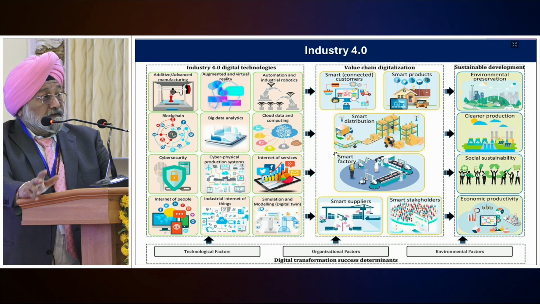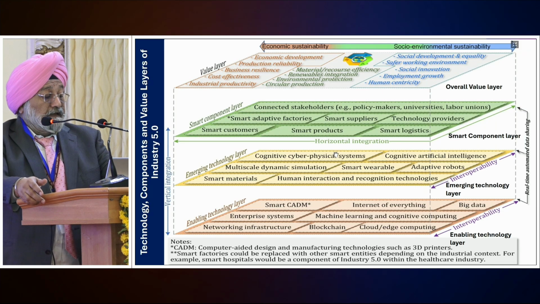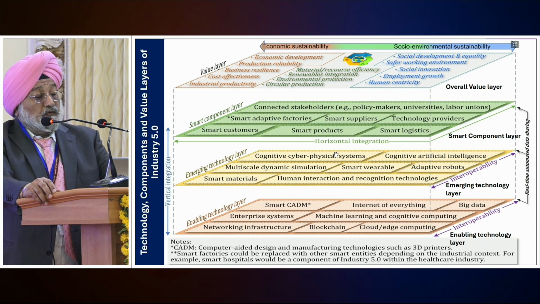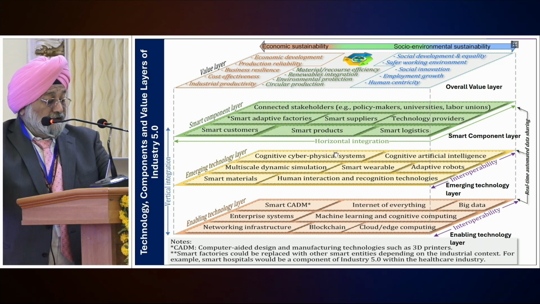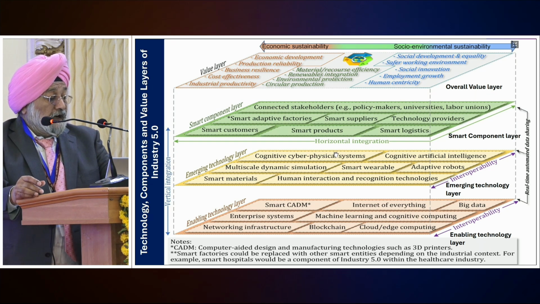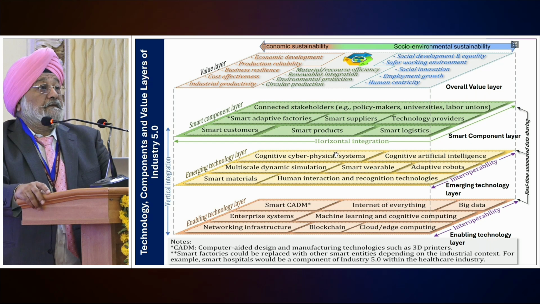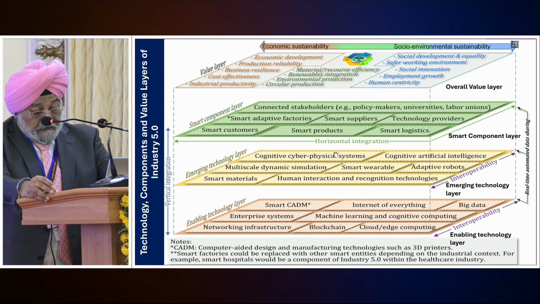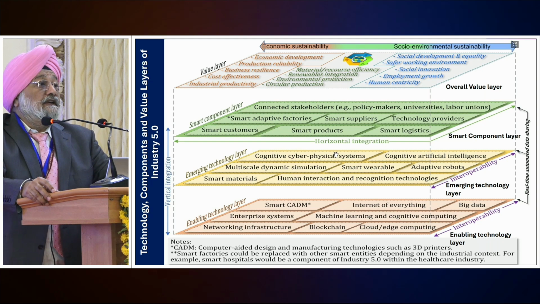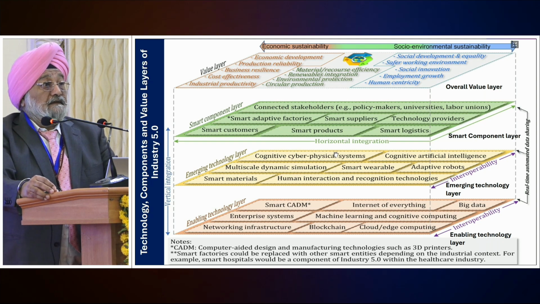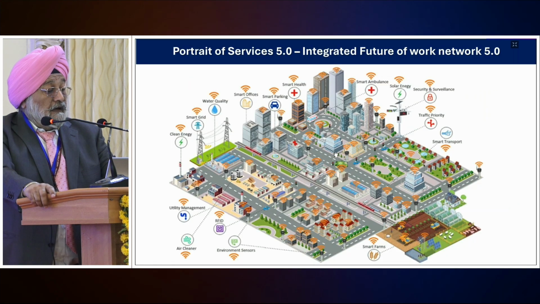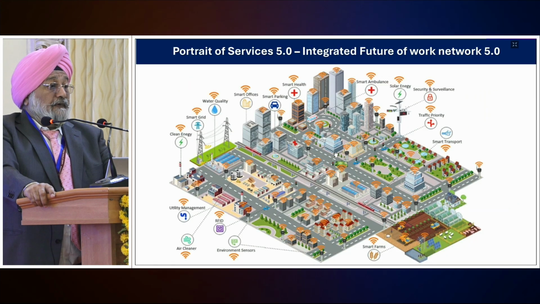And this talks about technological factors, organizational factors, environmental factors. Very important. And next is Industry 5.0, wherein we also talk about economic sustainability and socio-environmental sustainability. And there are various layers of technology. There is the enabling technology layer, the emerging technology layer, the smart component layers, and there is a value layer. So Industry 5.0, where you connect technology with the human brain, you put them together and you bring in Industry 5.0. And then we talk about Services 5.0, wherein the entire